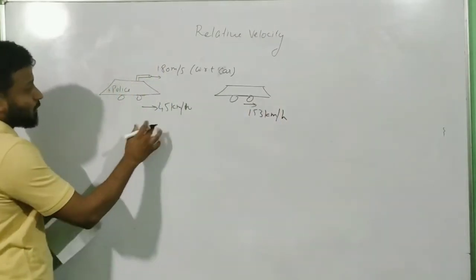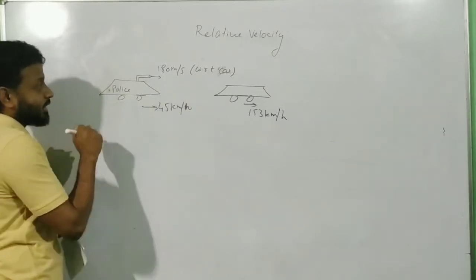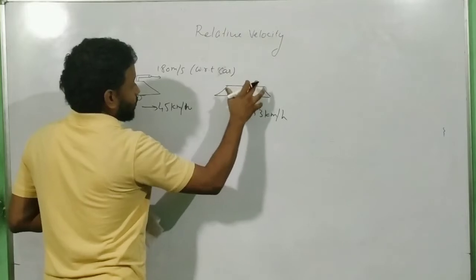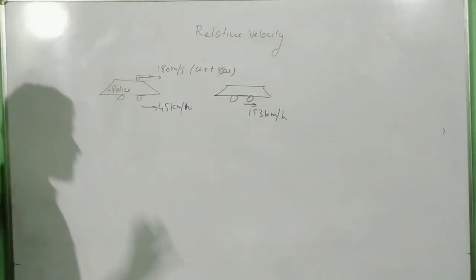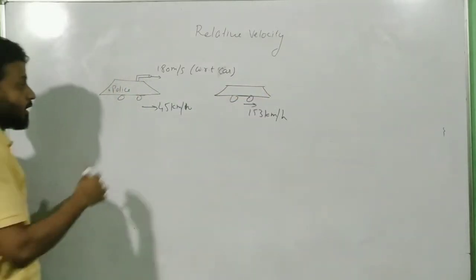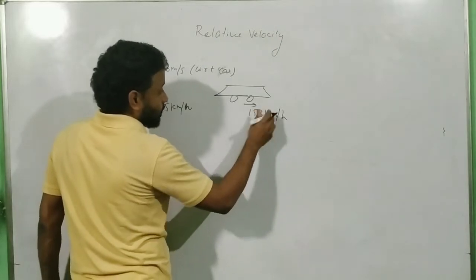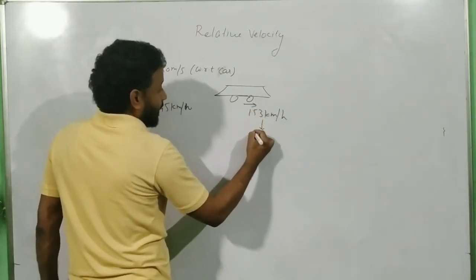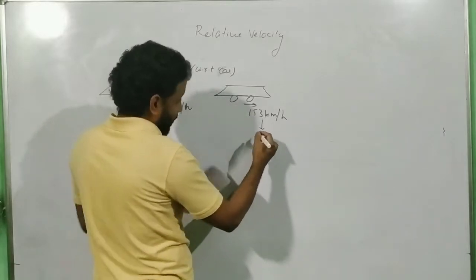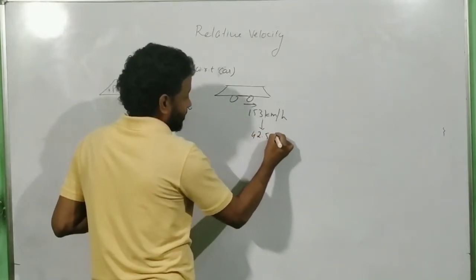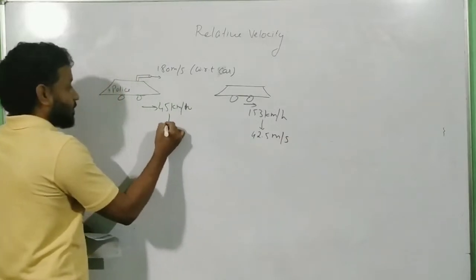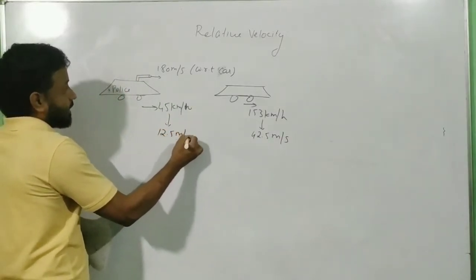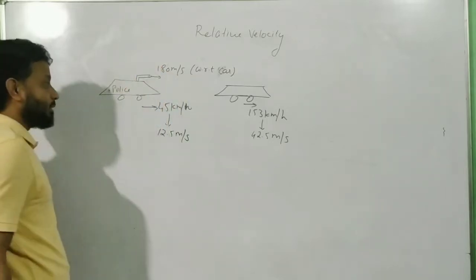So first thing you have to do is find, okay, the question here is what is the velocity of the bullet with respect to the thief car? First, let us get rid of these units. If you convert this into meter per second, I know you know how to convert, and that will come out as 42.5 meter per second. This you have to convert. This will be your 12.5 meter per second. This is already in 180 meter per second.